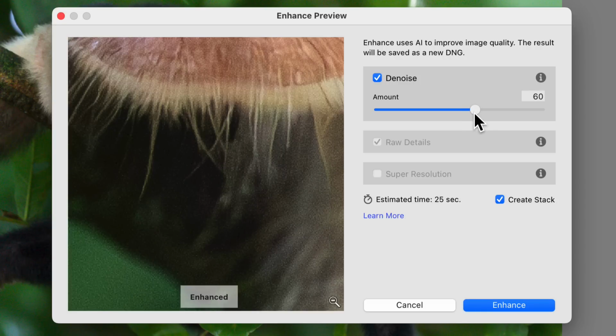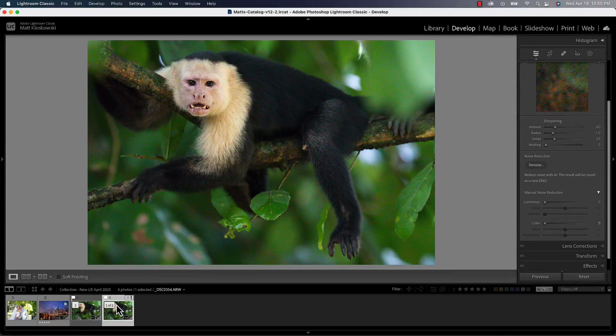So once you're done there, it gives you an estimated time of what this is going to take to render. And it's going to create another photo or another copy of your photo as a DNG. So it lets you put that into a stack automatically. I've already done this. I'm not going to click on it, but yeah, 25, 30 seconds is about right for this one here. Okay. Also, I've done a longer video on the noise reduction part of this where I compare